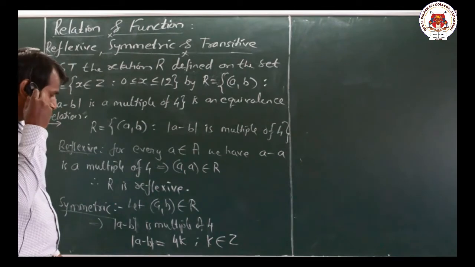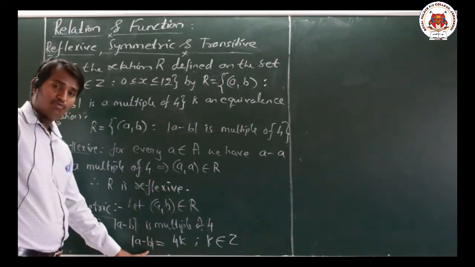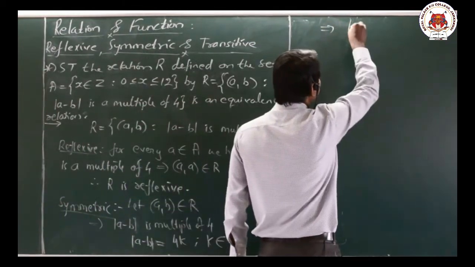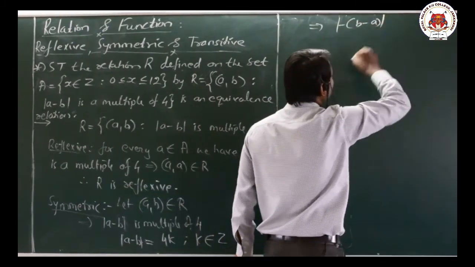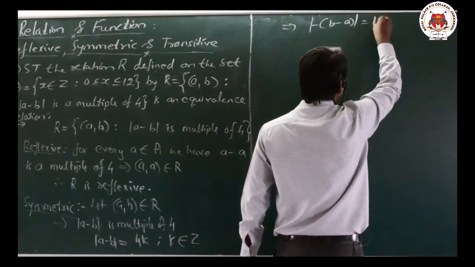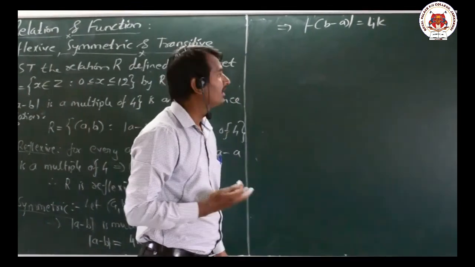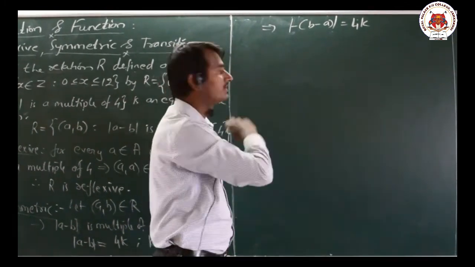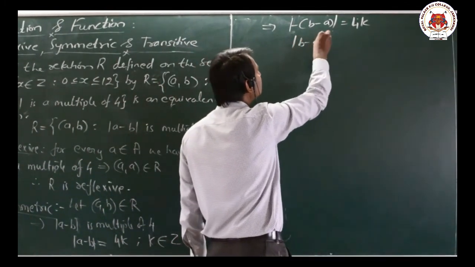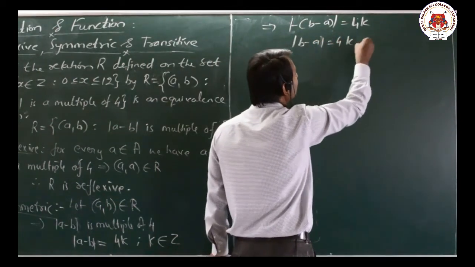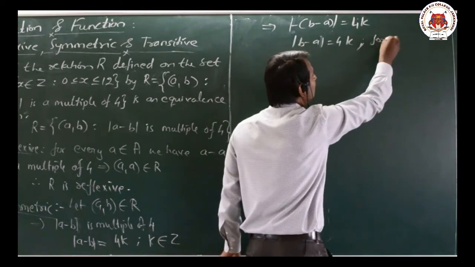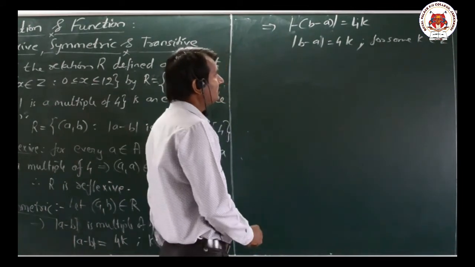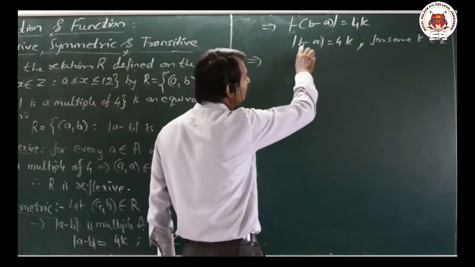Okay friends. Now here, since we have a minus b, what we require to show? We require to show it is symmetric. So what we have to take now is, that implies, can I write it as minus of b minus a, minus of mod of b minus a equal to 4k for some k belongs to integers. Now here, minus of mod. What is the property of this modulus? To make negative as positive. So therefore what we get here is mod of b minus a equal to 4k for some k belongs to the integer Z here. Now we can observe here, that implies b minus a equal to 4k.